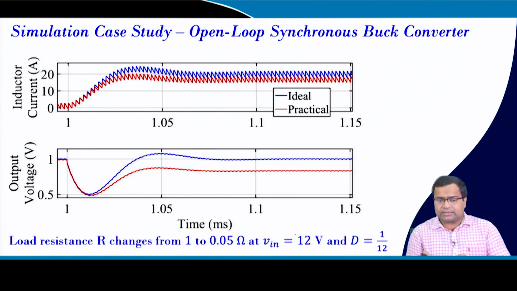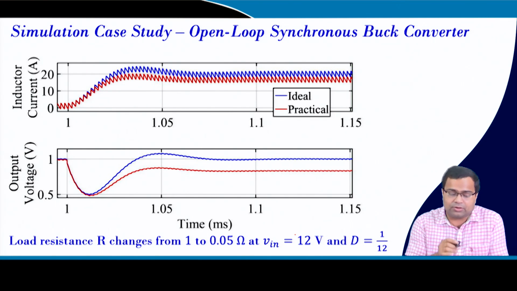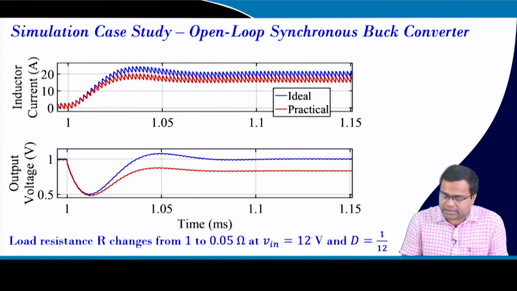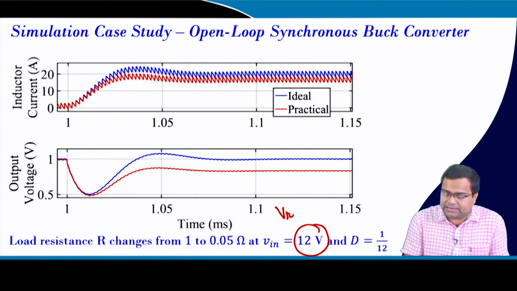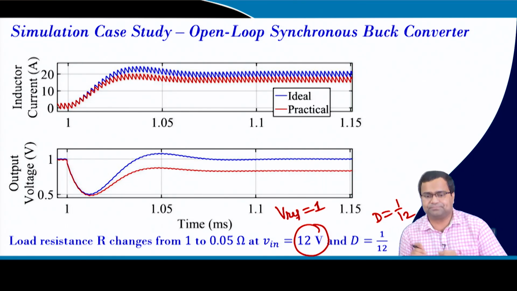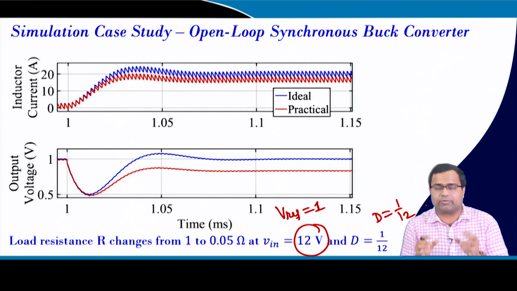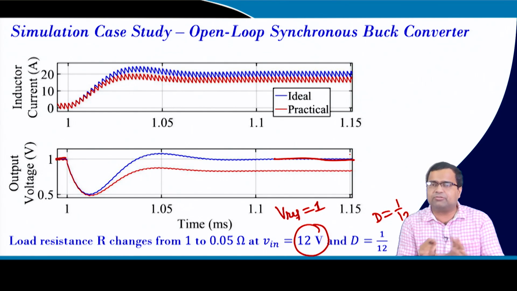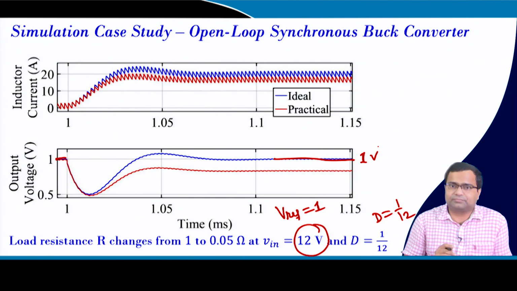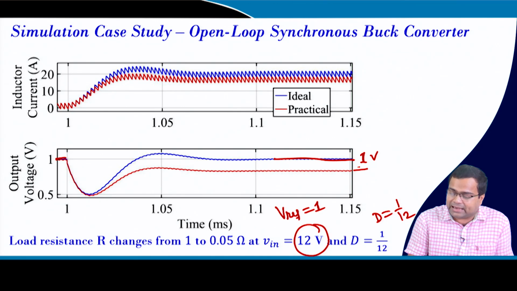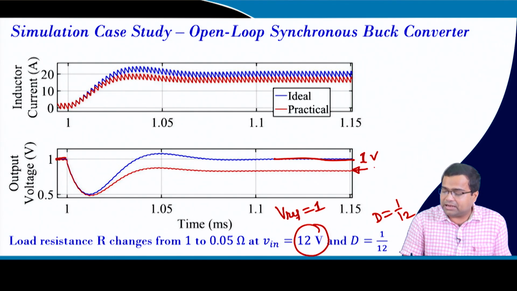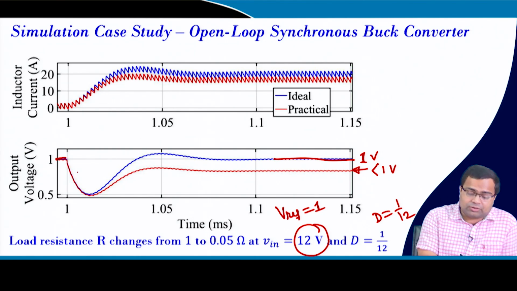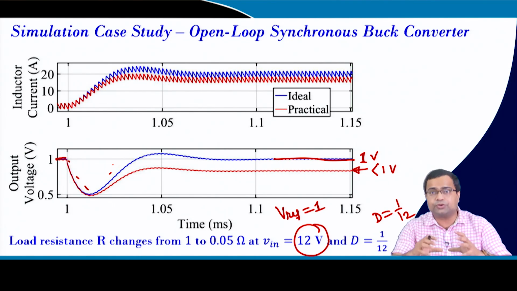Now, I want to show this result, which I have shown in lecture number 13, where I simulated a synchronous buck converter with an open loop duty ratio, where my input is 12 volt and my desired Vref was 1 volt. So I set my duty ratio as 1 by 12, Vref by Vin. If it is an ideal buck converter, with no parasitic drop, then before and after the load transient, the average value settles at exactly 1 volt. Whereas in the practical case, it is not going to 1 volt. It is less than 1 volt. And there is also an overshoot and undershoot in this process, which we also need to identify.